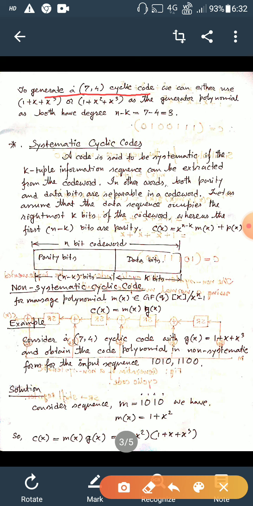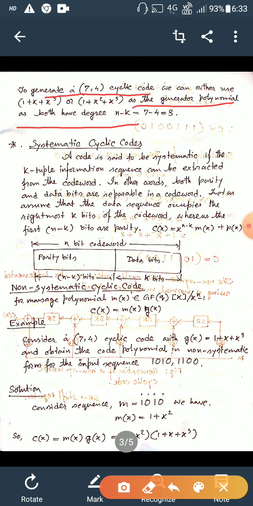We can use either 1 plus x plus x cube or 1 plus x square plus x cube as the generator polynomial, as both have degree 3. Okay,